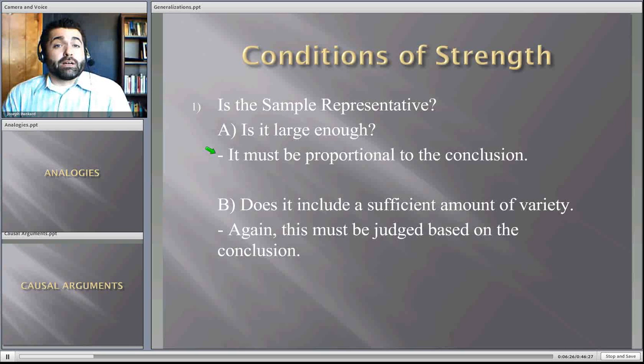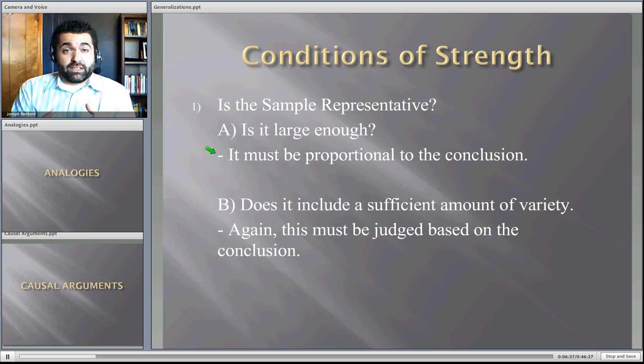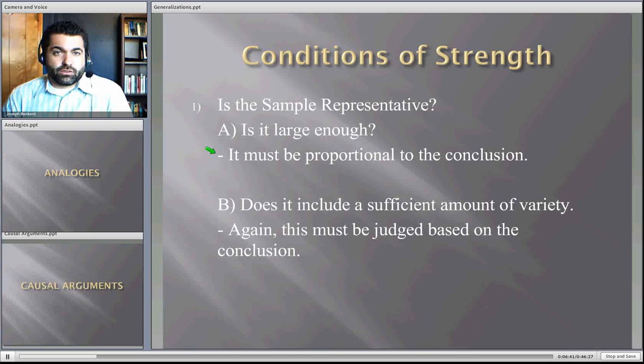So it would be much better to go to the cafeteria, try to poll as many different kinds, both genders, different age groups, different political affiliations. And if I got a sample size of 50, 60, 70 that was really varied, I'd probably have a good indication of how the campus feels, right? So you want to have enough variety there.